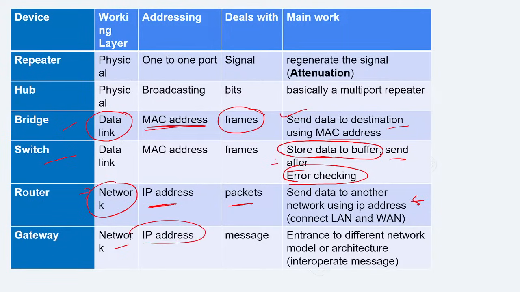The gateway also works with the IP address, but it is the entrance to a different network model, just like the border of one country to another country. The total network model is different when moving from one country to another. That is the gateway here. Okay,